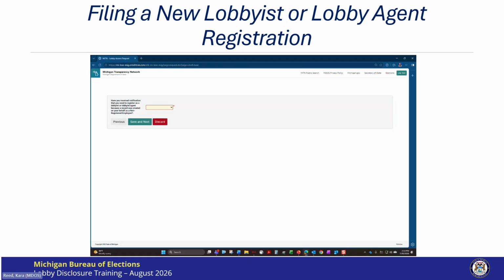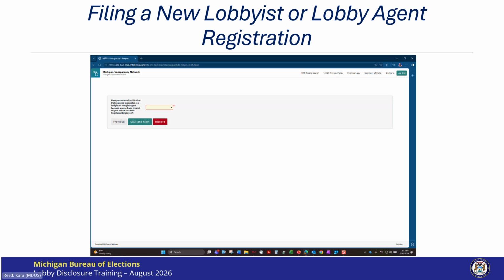The next screen is where I will indicate whether I am a non-registered employee and need to register. Now, the non-registered employee, or NRE, is a temporary role given to an individual if a lobbyist adds an employee to their registration and that individual is not registered in MiTN.